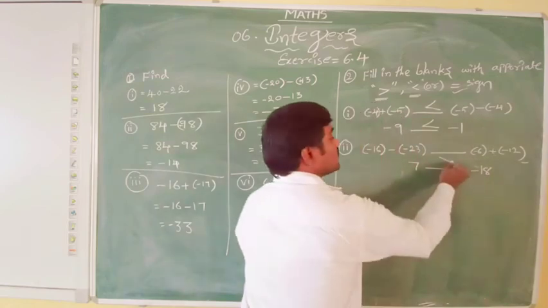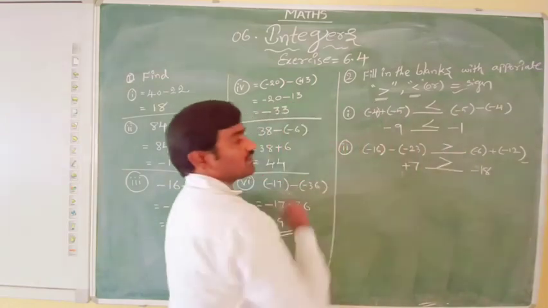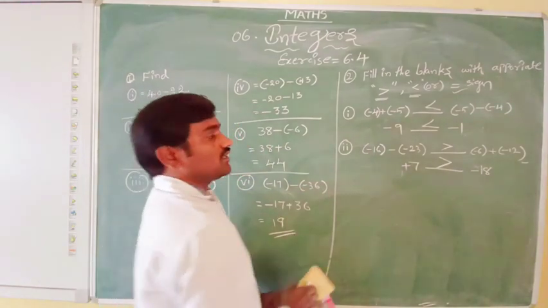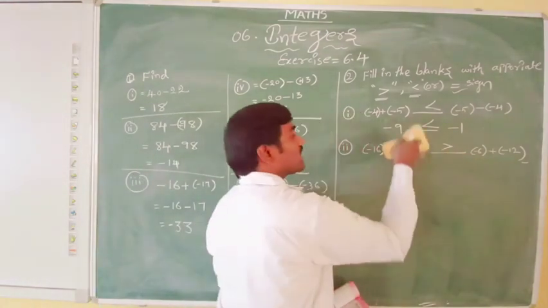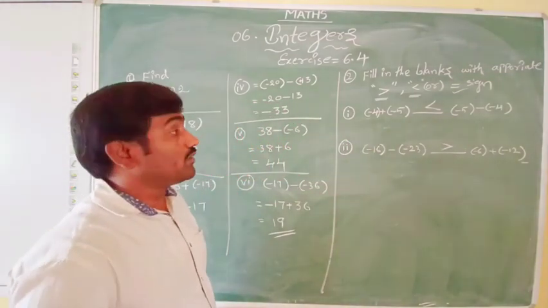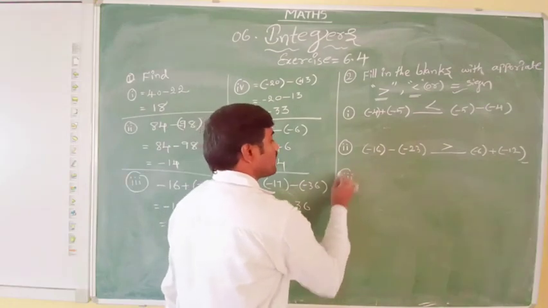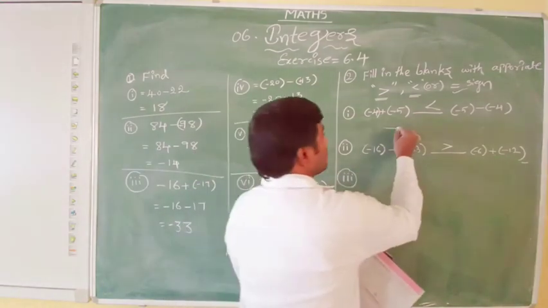So see which is greater? This 7, a positive number, is always greater than a negative number. So the same thing will come for the question also. This is not necessary actually. Directly we have to do it in the rough work. Okay. So for you people to understand, I am writing like this. Okay. Then here minus 9.